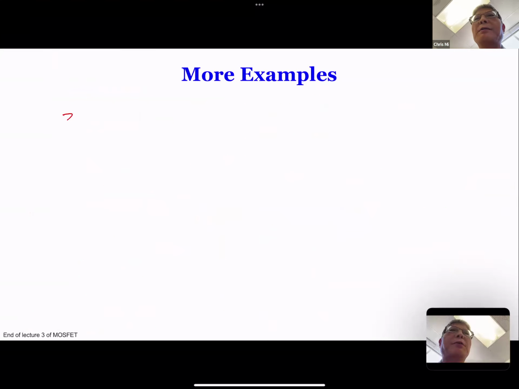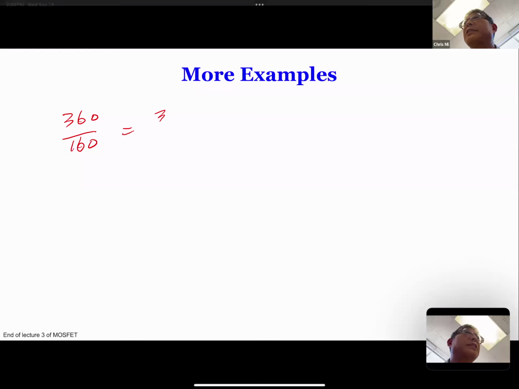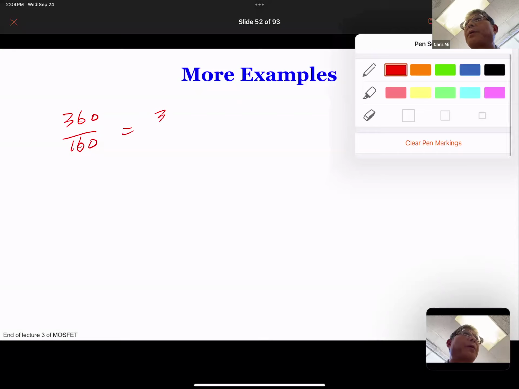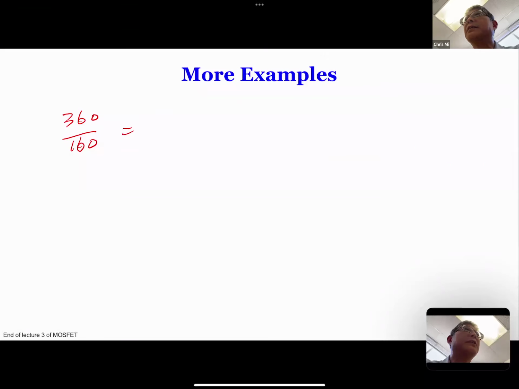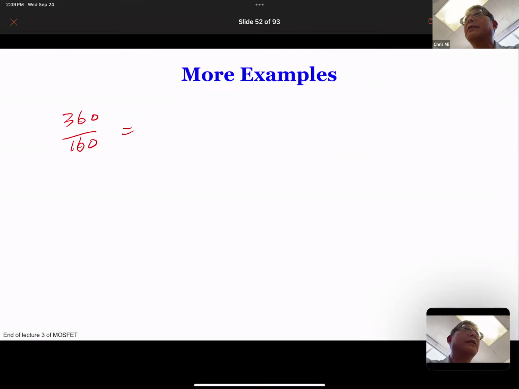If we divide equation 1 by equation 2, we eliminate the 1/2 and Kn. Then we get 360 divided by 160, which is the ratio of current, and that equals the voltage relation,